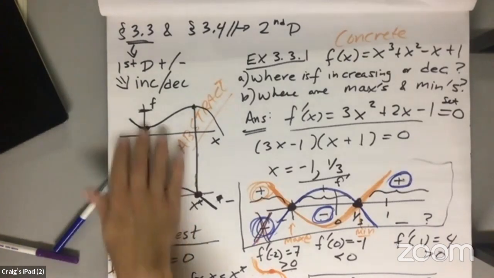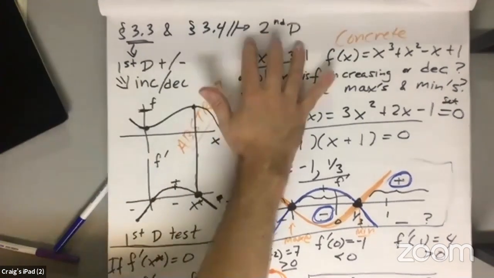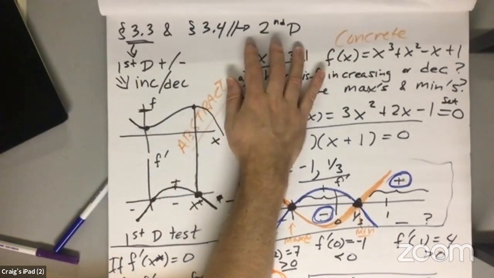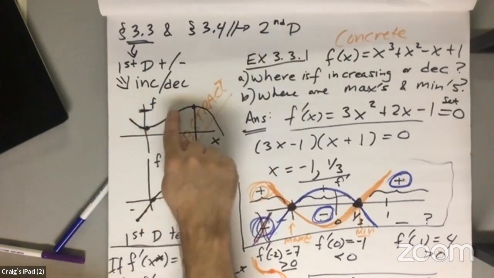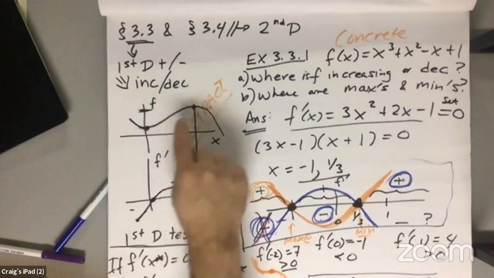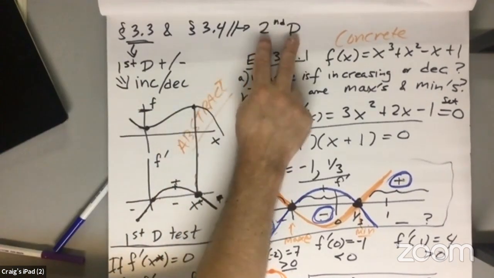So the first derivative tells us about increasing and decreasing places for the function. So what does the second derivative tell us? The second derivative is going to tell us about the concavity of the function. I'm going to notice that this is concave up in this spot. This is concave down. And so what the second derivative is going to tell us is where,